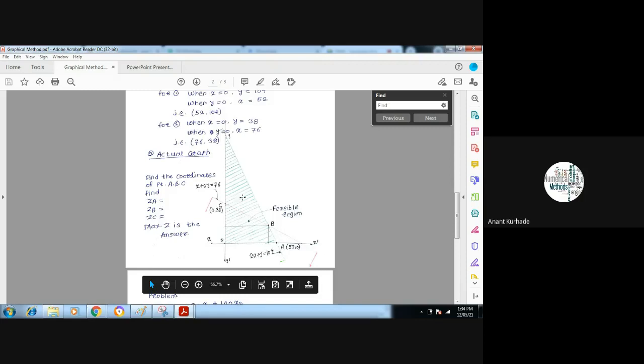So now in this big triangle we have two triangles. One is formed by the first constraint, this triangle, and the second one, this triangle. So we have to find the common region. If you start from this O, what will be the common region? O, A, B, C is the common region.